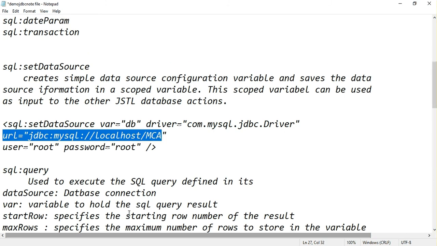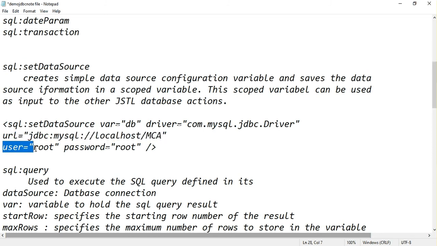I will create one database in MySQL, that is MCA, and from that MCA I will operate on some table. The MySQL username is, for example, root, and the password is root. The SQL data source is used to establish a connection between your source program and the backend database.